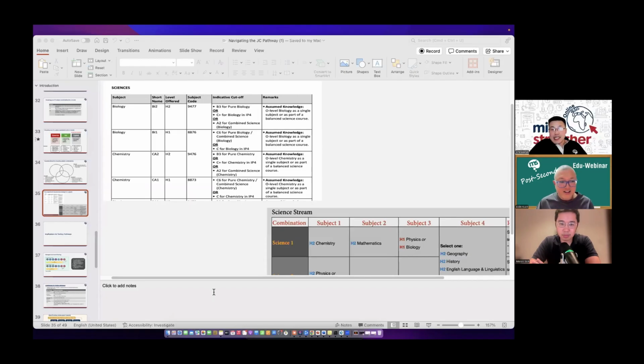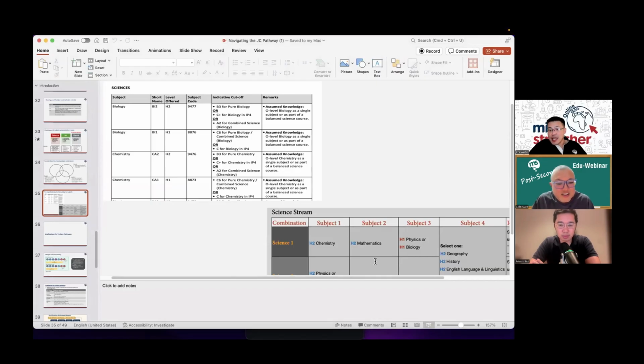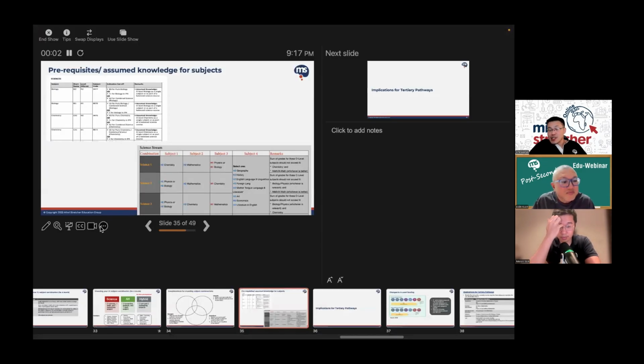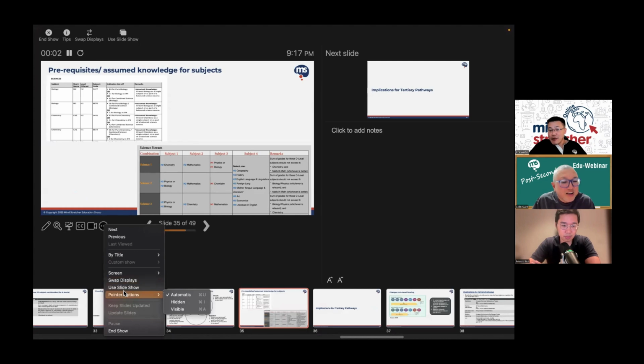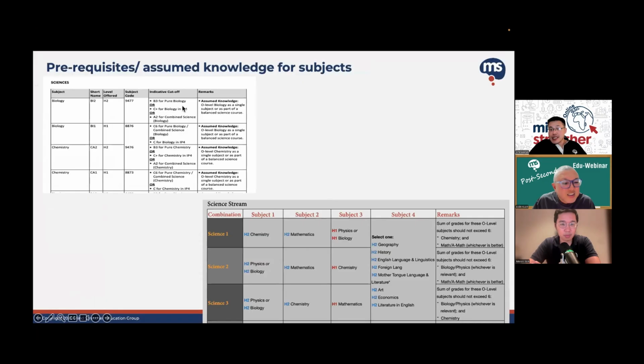Like what Alvin was saying, if you take a look, some schools actually put out information. If you look at the school website, that's another source of information. For example, you can see Temasek puts it out quite transparently. For H2 chemistry, they have a cutoff based on last year. For students entering with pure chem, they will have a B3. This was what Alvin was mentioning. If you are combined science, generally they expect you to do better.